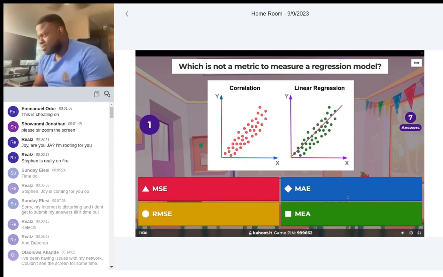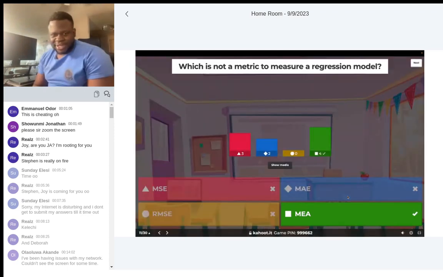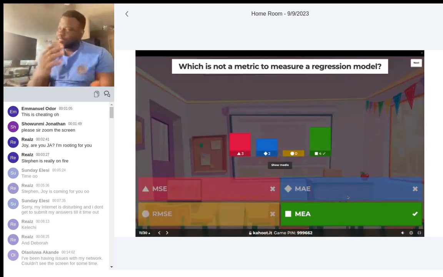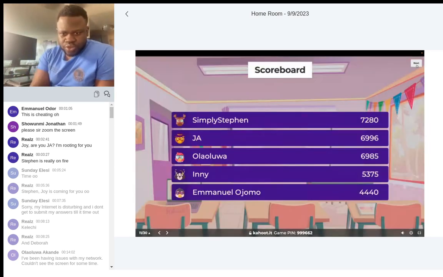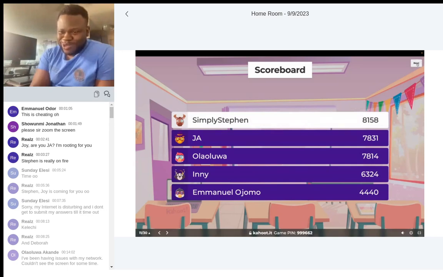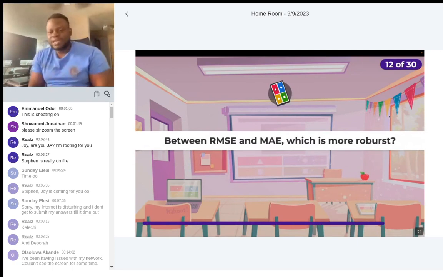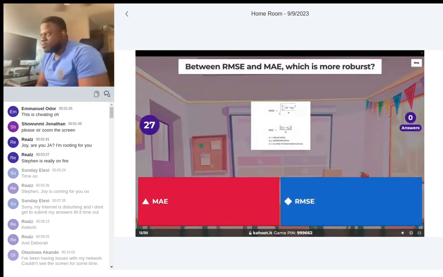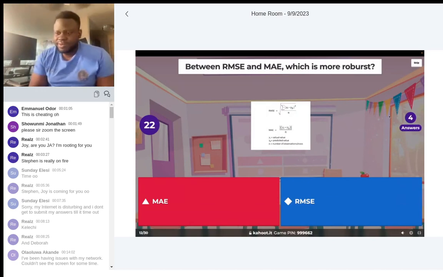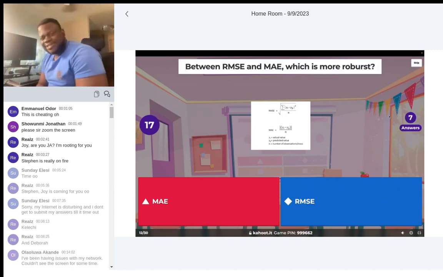No, this was the second or third lecture where we said MSE, RMSE, MAE. Ooh, the war is thickening between MSE, RMSE and MAE. Which is more robust? Between MSE, MAE and RMSE, which is more robust?